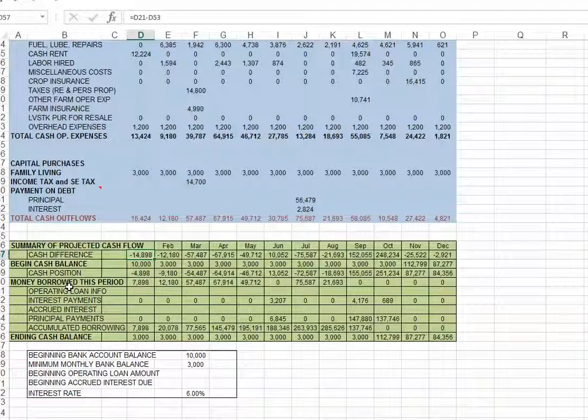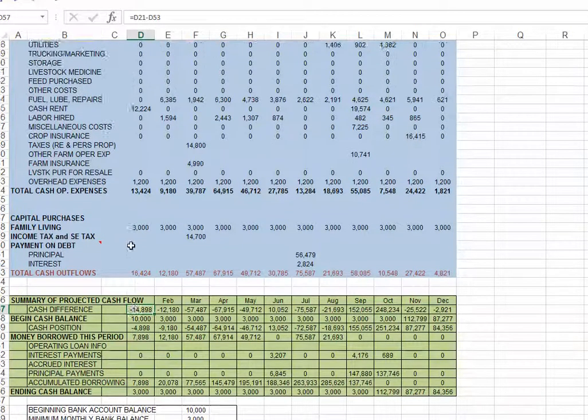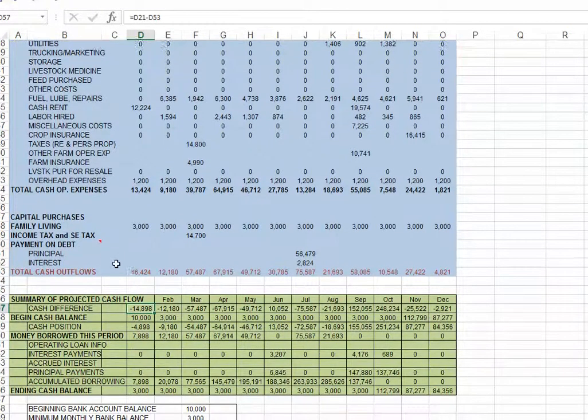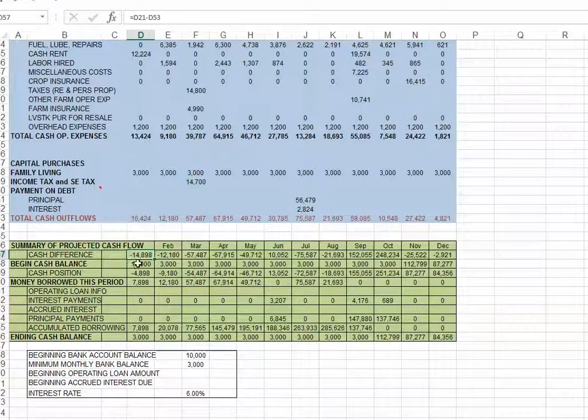Okay, when you get to the analysis section down here, cash difference right here is inflows minus outflows. Okay? So this would be a formula. It would be equal to, and you'd go get total cash inflows and subtract total cash outflows. This beginning cash balance right here is simply what you started the year with. Cash position is a sum of cash difference and beginning balance right here. So you see, if you take minus 14,898 and add 10,000, you got a minus